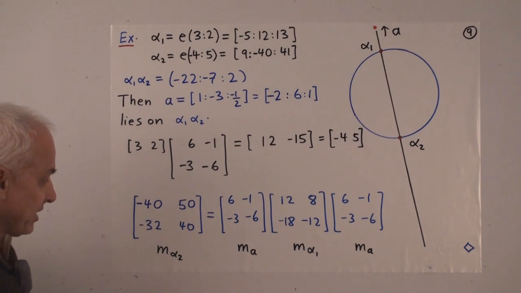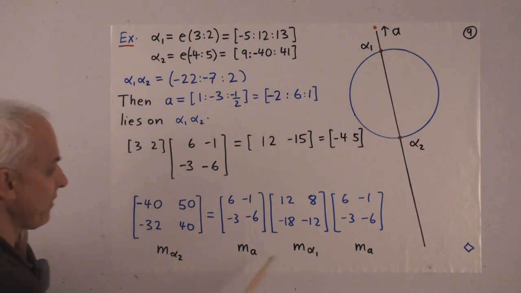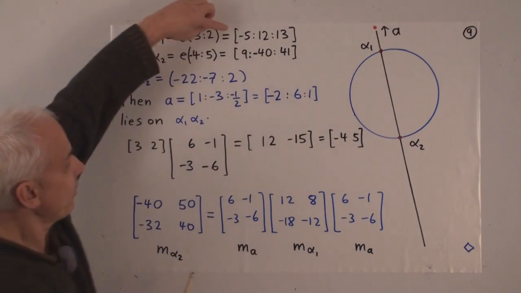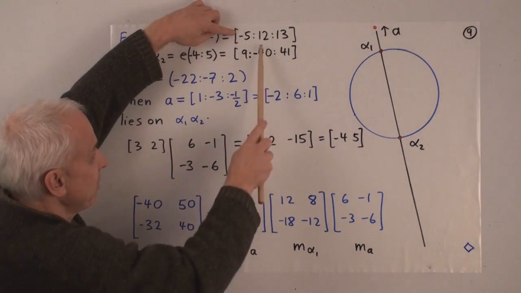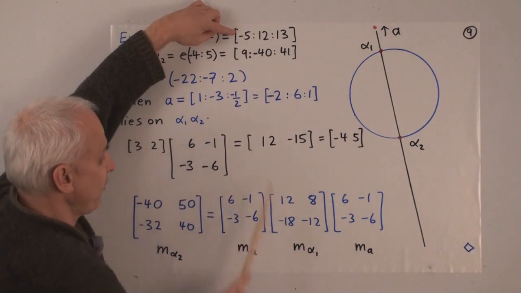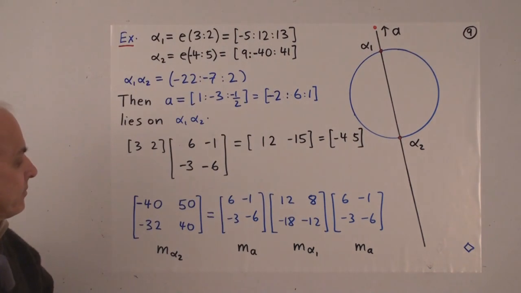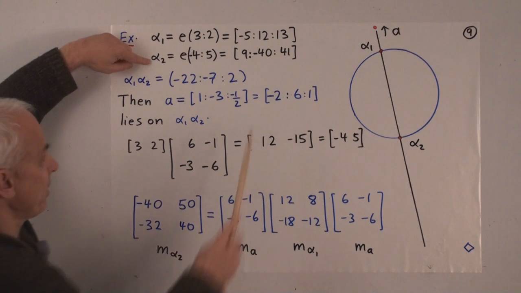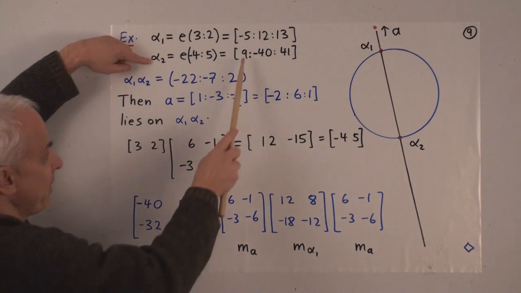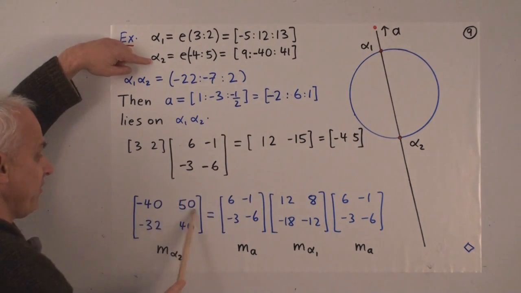So what are these various matrices? Well, there's MA. We've already seen that right there. That's this one here. And how do we find M of alpha 1? Here's alpha 1 up here. So to get its matrix, the middle entry, 12, minus 12 there. The difference, minus 18. The sum of these outside ones, 8. And for alpha 2, the middle one, minus 40, and it's negative plus 40. Then 9 minus 41 is minus 32 down here. And 9 plus 41 is 50 up here.